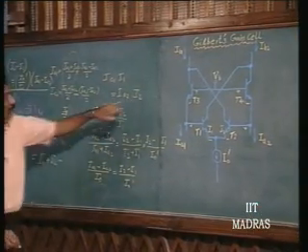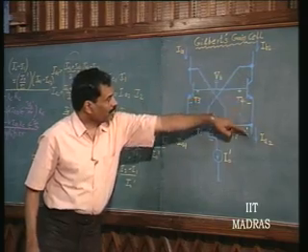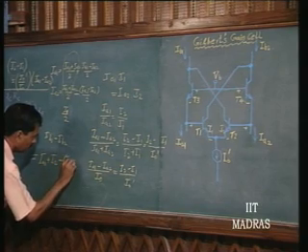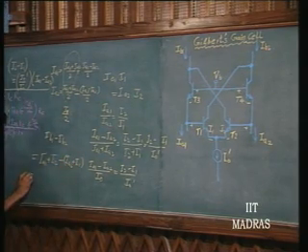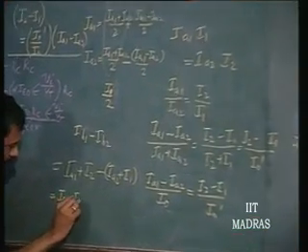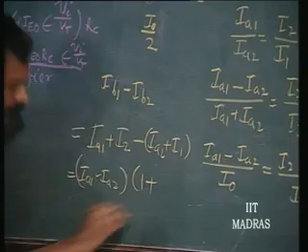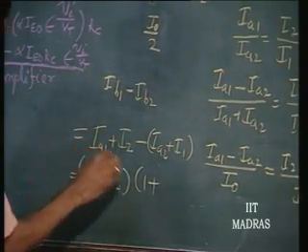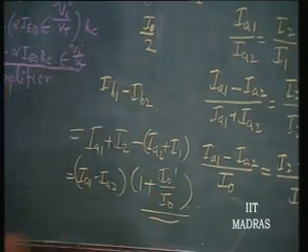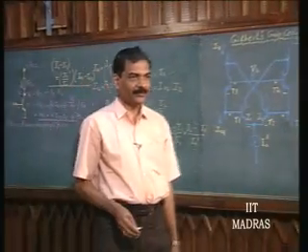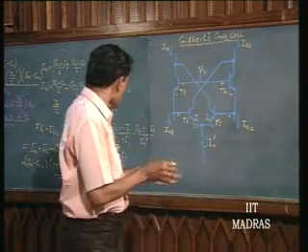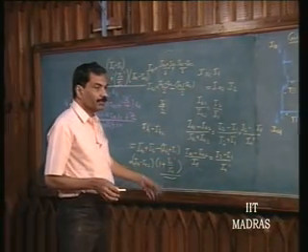IB1, IB2 is equal to IA2 plus I1. What does it mean? This is equal to IA1 minus IA2 into 1 plus what? I0 prime by I0. This is like your non-inverting amplifier. So, differential output current is equal to 1 plus I0 prime by I0 into IA1 minus IA2,